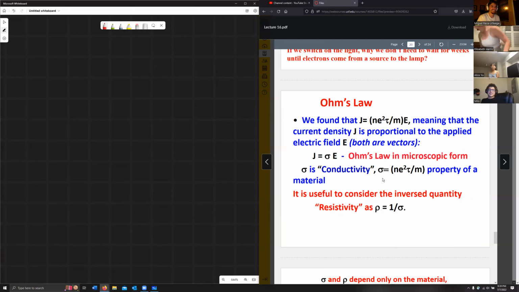All right, we found that J is equal to that. So the charge density is equal to that, meaning that the charge density is proportional to the applied electric field. Okay. I remember this PowerPoint because you said sigma and I lost it. Isn't that sigma? I always get confused between sigma and sigma anyway. Meaning that current